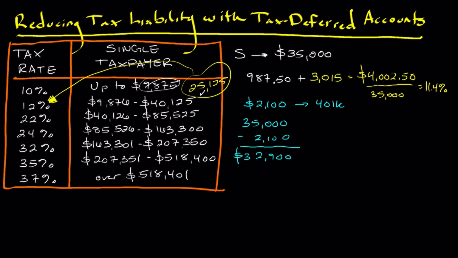So now we're going to take our $32,900, which is our new AGI, and subtract $9,875 from it, and that's going to get us $23,025. Multiplying that by 0.12 gets us $2,763. So we still have the same $987.50 from the first band because we're obviously moving into the 12% tax bracket. But now we only have $2,763 in that second band,